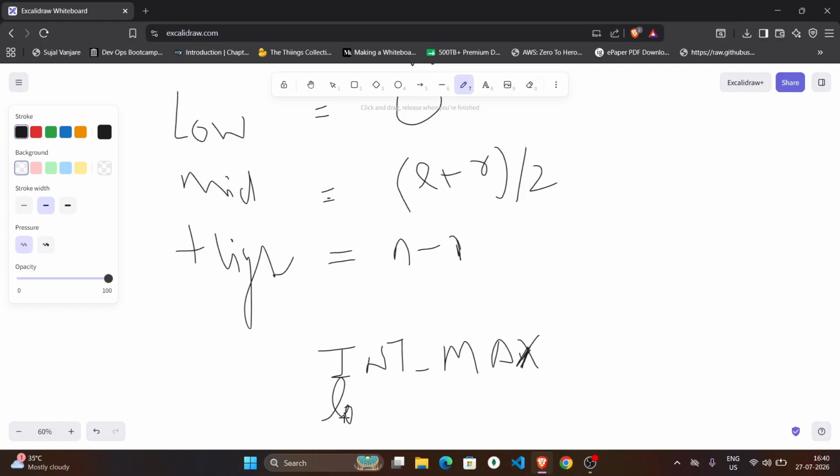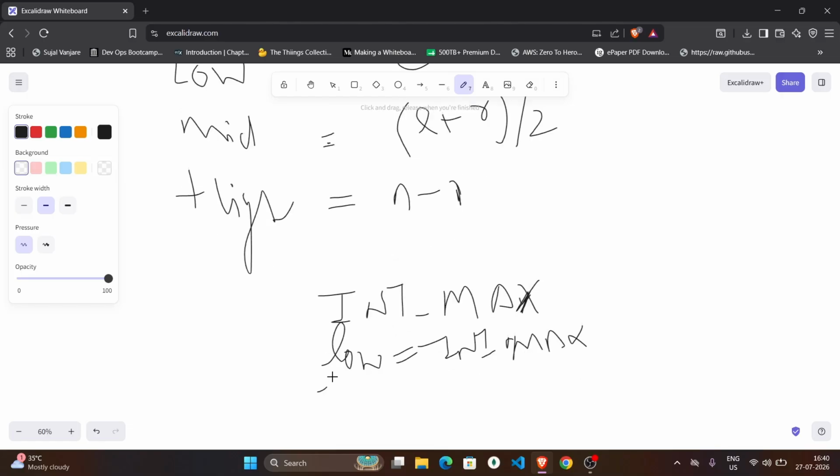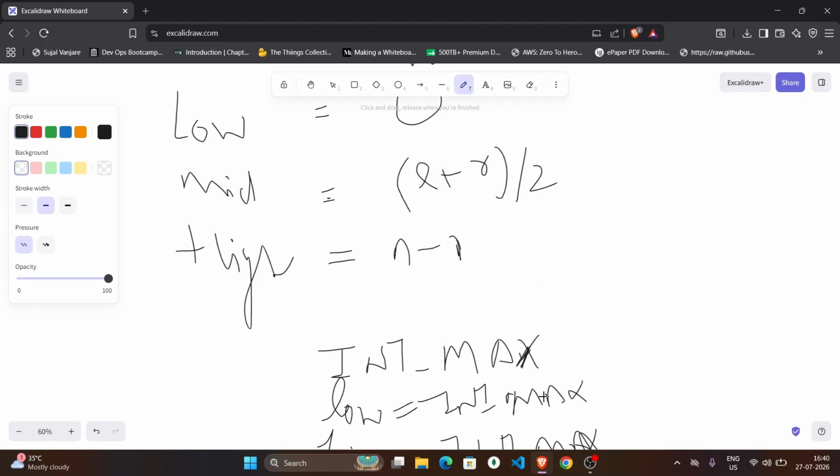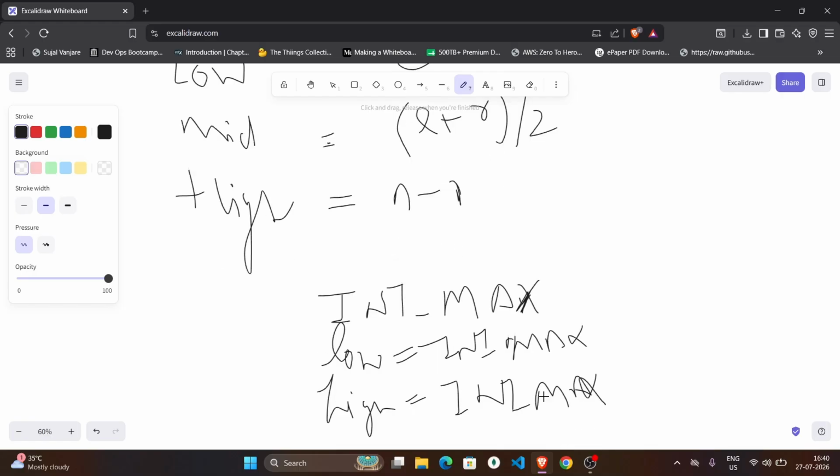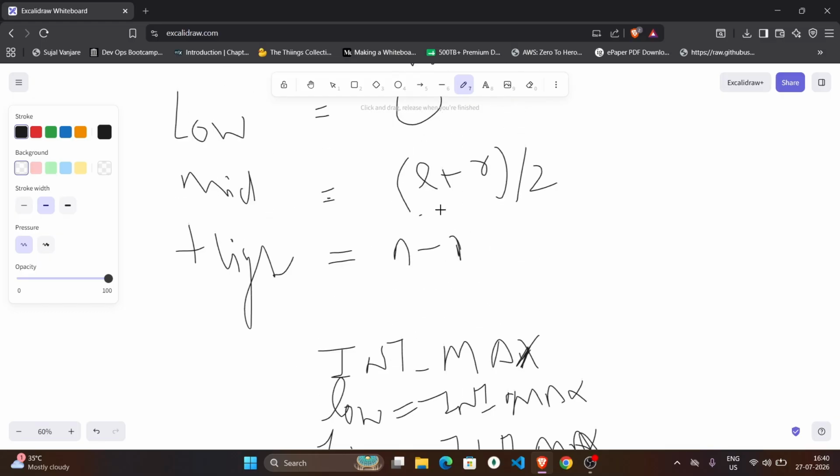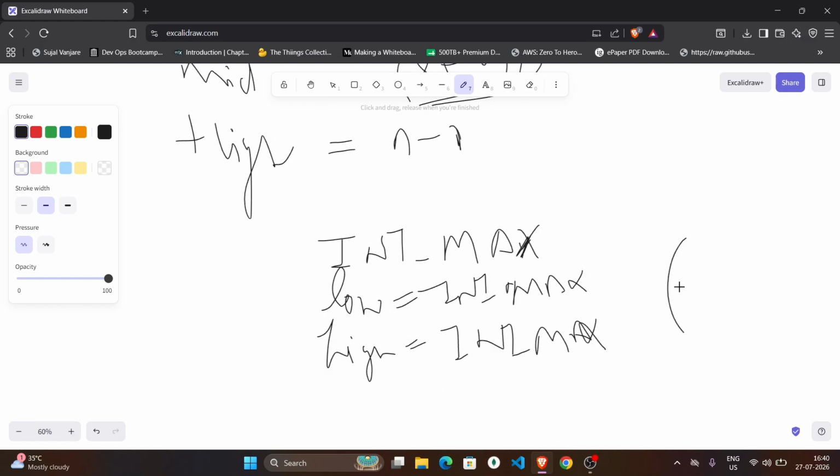Your low is also at the index int max, and you initialize your high as int max, meaning the last element in the integer range. So how will you calculate the mid for this last element when we are at the end of the search? If you implement the formula low plus high by 2,